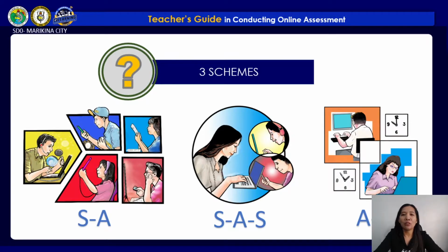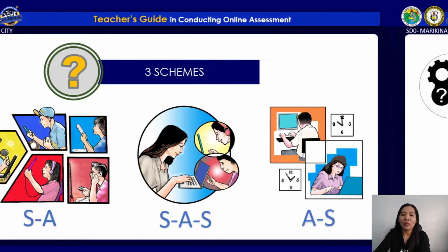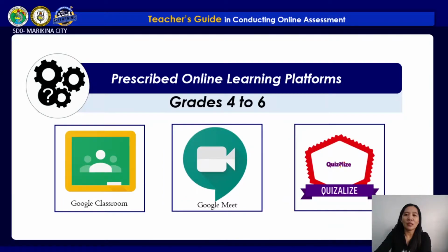So if you have noticed in the three schemes, learners answer or do most of the activities and assessments during asynchronous sessions. It was also discussed yesterday that there are prescribed online learning